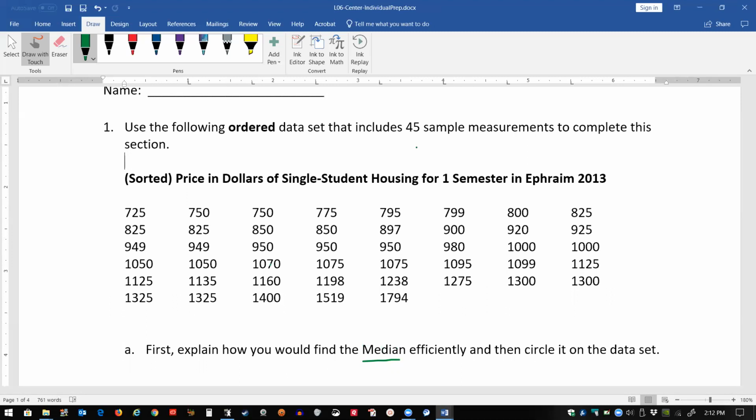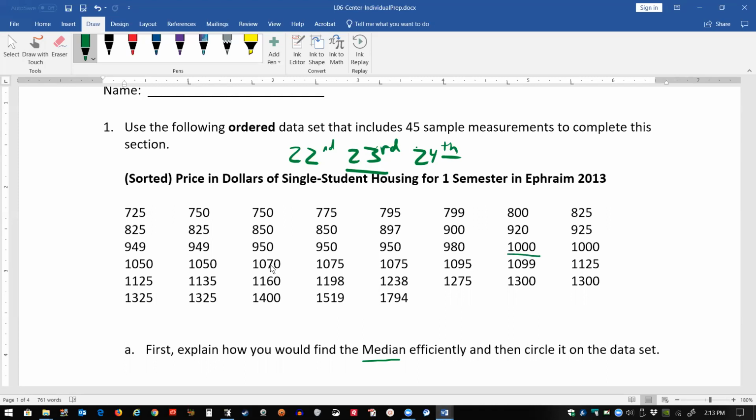If you realize that we have 44 data values, that means that we'll have one number, the 23rd number, exactly in the middle, because then there will be 22 values smaller than it and 22 values bigger than it. So if you have an odd number of values, like our 45 values here, there's always going to be exactly one of those that falls in the middle. In this case, it's our 23rd number,